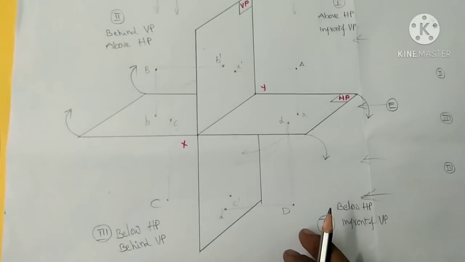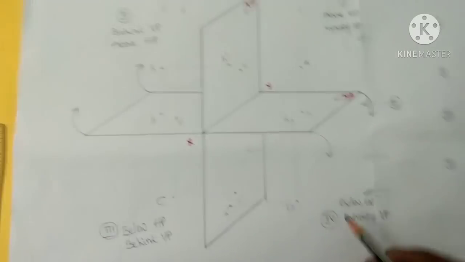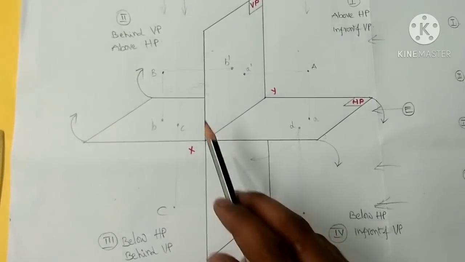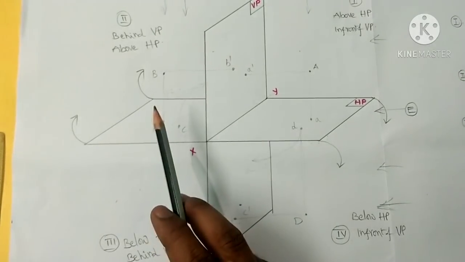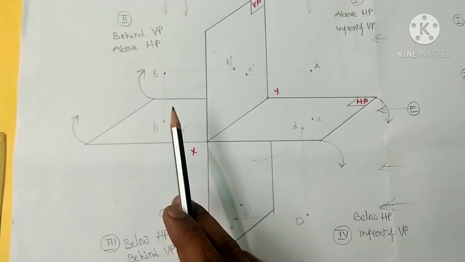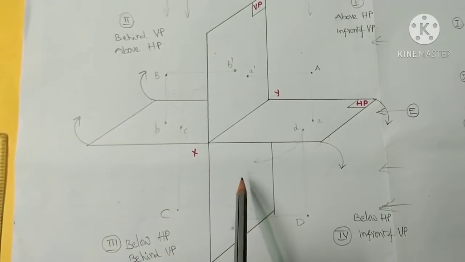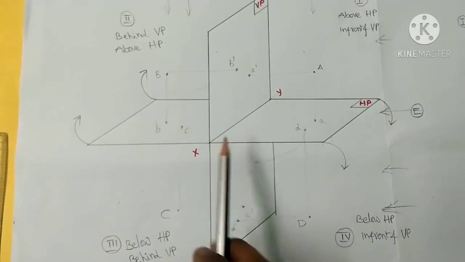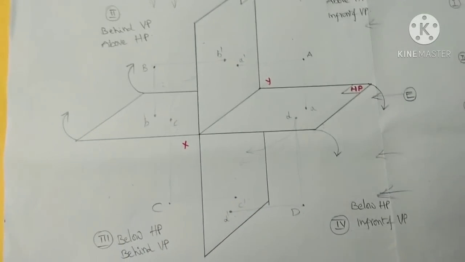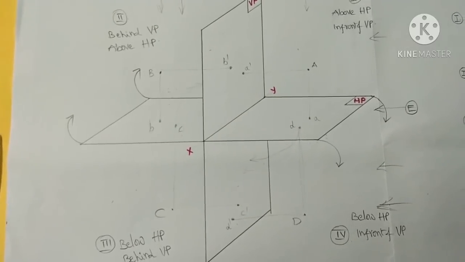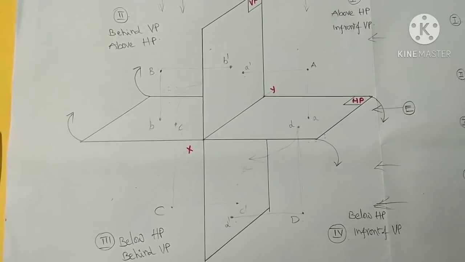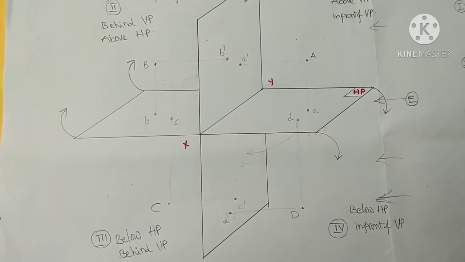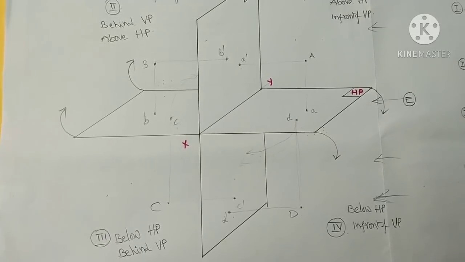points. But if we come to lines, planes, solids, we can follow either the first quadrant or the third quadrant. Why? Because according to this quadrant system, suppose lines, planes, solids are located in either the second or fourth quadrant, we will get views on one side of the reference line only. So both the views are located on one side of the reference line, meaning both views are overlapping, so we will be getting clumsy views. There is no use of clumsy views.